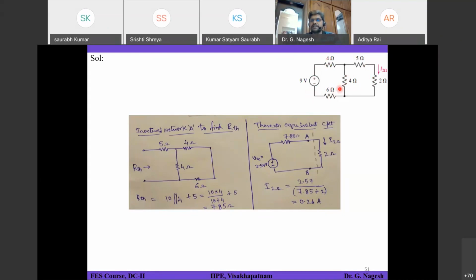So if you are interested only in something very close to the source, there is no need to go for Thevenin's theorem. You can use any method. If the element is very far from your source, that means extreme left or extreme right, usually we apply Thevenin's theorem. In those scenarios, the application of Thevenin's theorem will be easy to solve. In other cases, better to go for different methods. Any method you adopt will give you the same result.